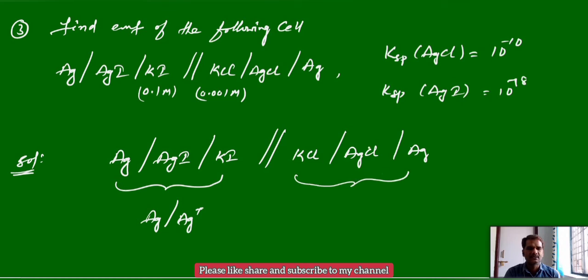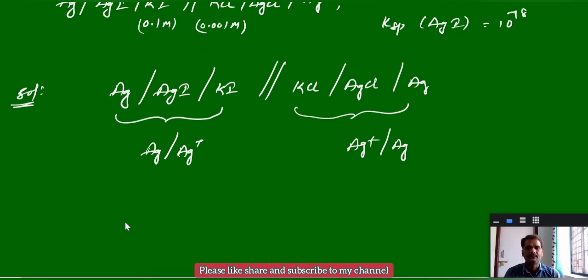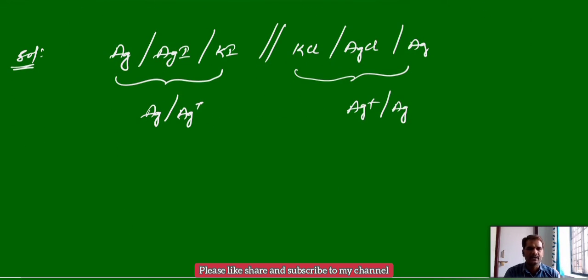And this also we can write. This is a cathodic representation. Again, this is an anion insoluble salt electrode. This we can write as Ag plus and Ag. The anodic of the cell and the cathodic of the cell we are converting into the simple metal ion electrode. And if you convert this into a metal ion electrode, now you can do the EMF calculation in a very simple manner. Anodic reaction. Now we are converting this metal insoluble salt into the simple metal ion. That silver is converting into the Ag plus ion. At cathode, Ag plus is converting into the Ag.